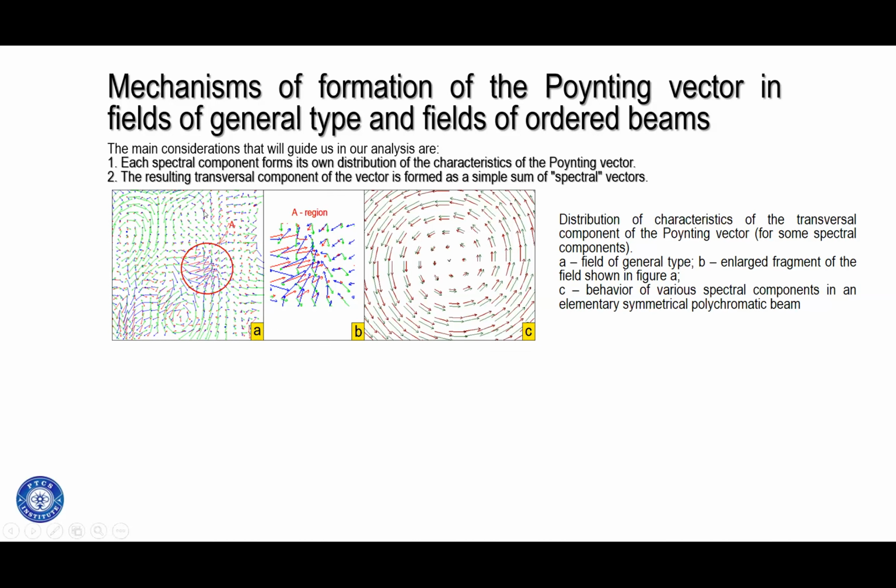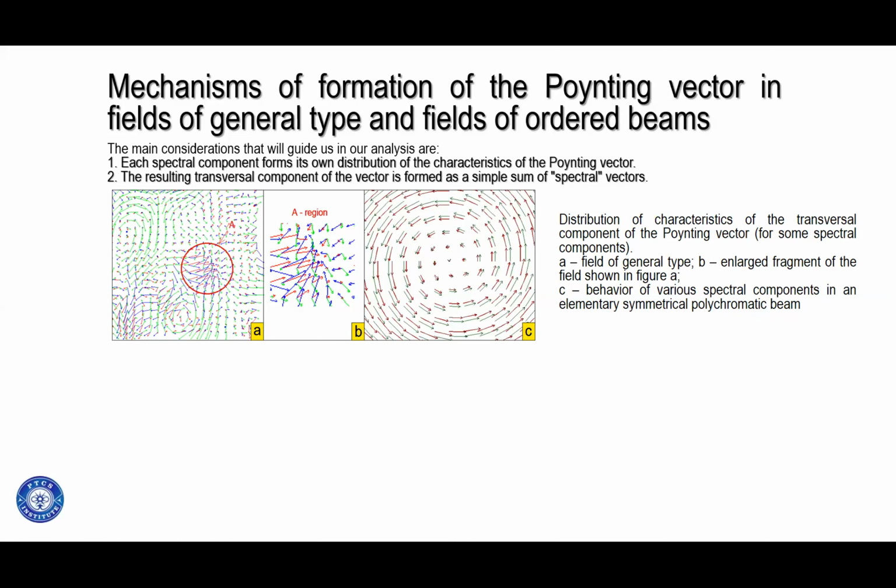And the second: the resulting transversal component of the vector is formed as a simple sum of spectral vectors. Then, indeed, due to such statements, one can expect different behavior of the Poynting vector in fields with different